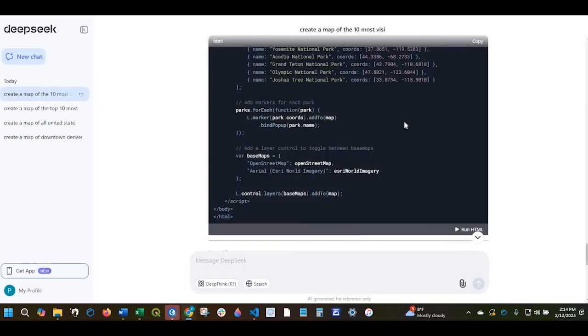All right, let's do one more thing. Let's have DeepSeek AI add some, how about just some stock photos of those parks from Wikipedia. So I'm going to type using Wikipedia. Oh boy. Wikipedia. How about add a stock photo to the pop-up